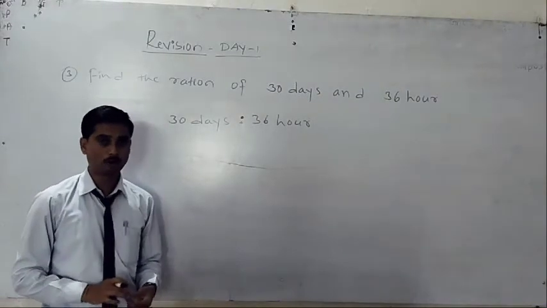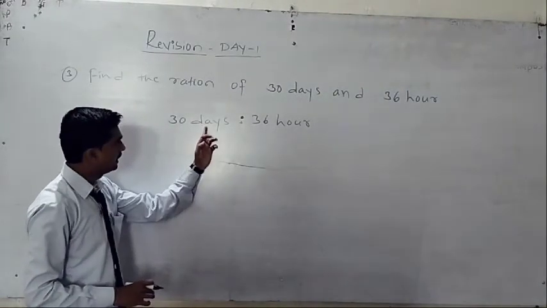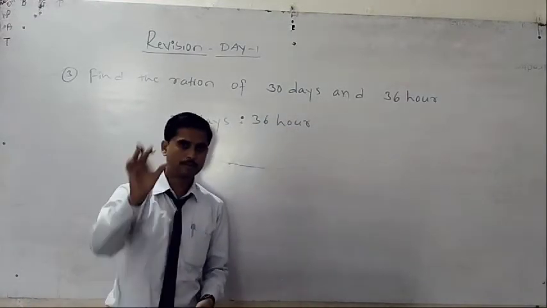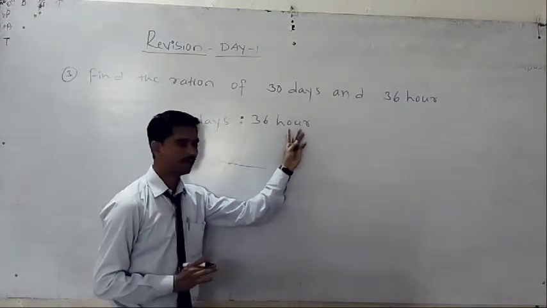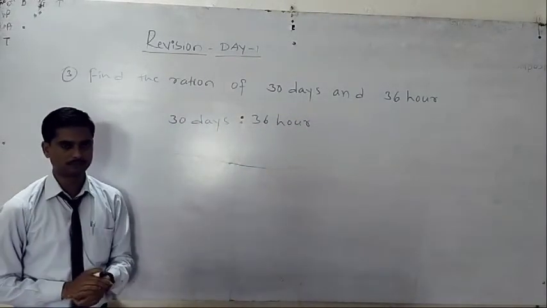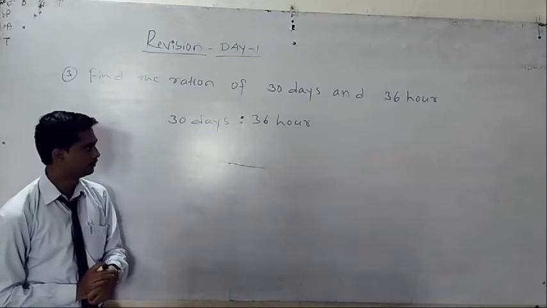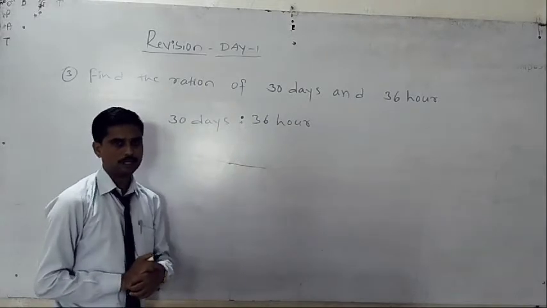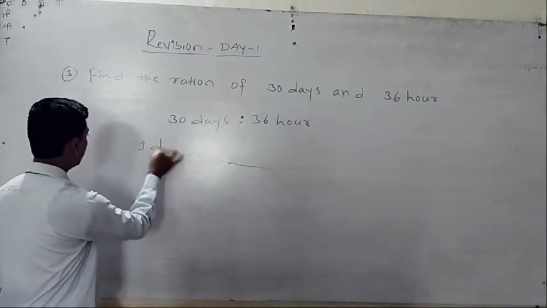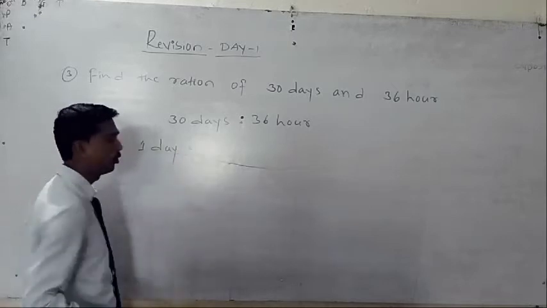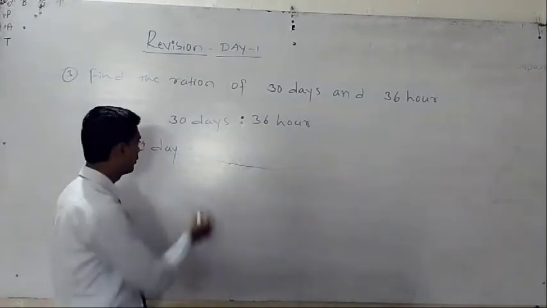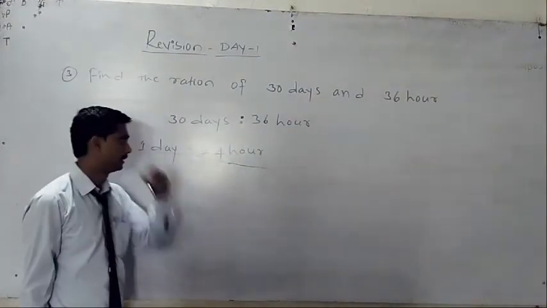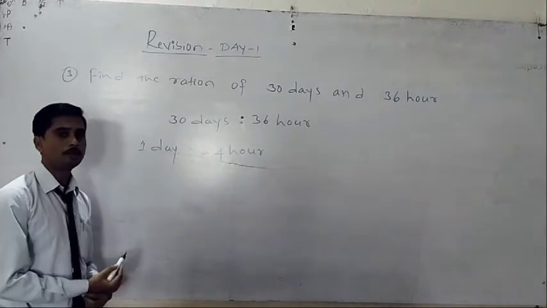It is not correct because days is there, sir. Here hours is there. It does not have the same quantity, sir, because hour is different and days are different. Then you have to convert days to hours. You already know 1 day equal to how many hours? Sir, 1 day equal to 24 hours. Is it final? Yes. Then 30 days means how many hours?